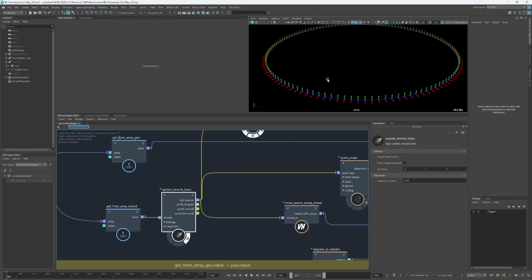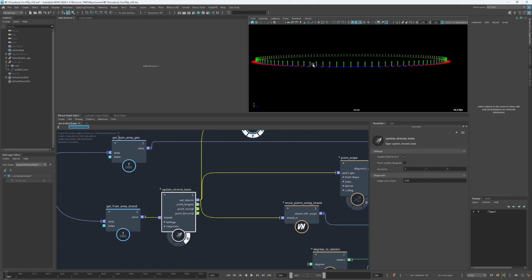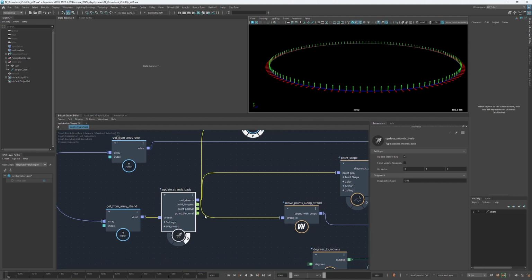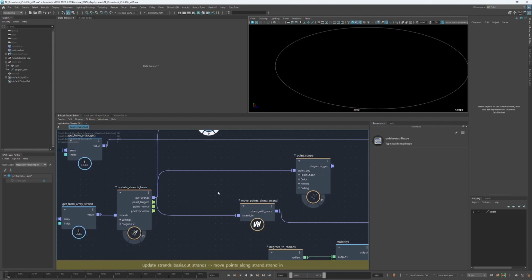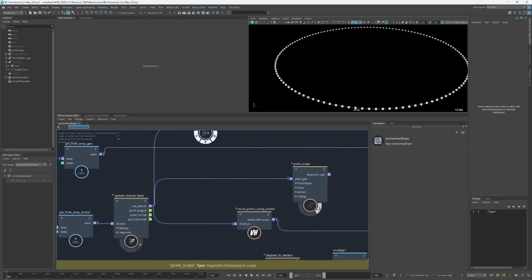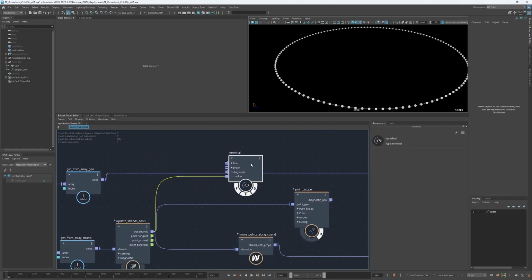The normal is going to be the green vector that you see. Actually, it's like an up vector in this case, and this is strand. And then we have the binormal, which is the red vector that you see coming out. So I'm computing that. And what we need to do here, let me explain real quick, is basically to create